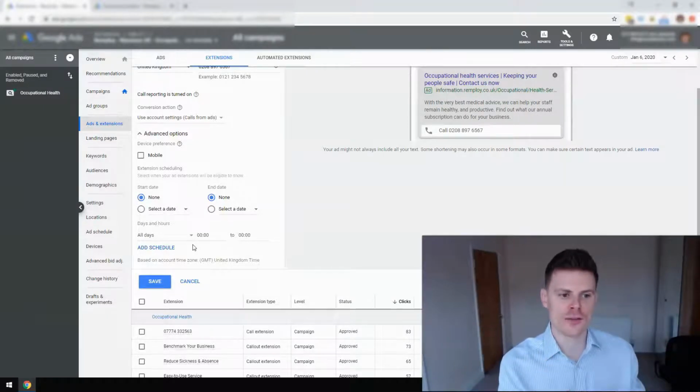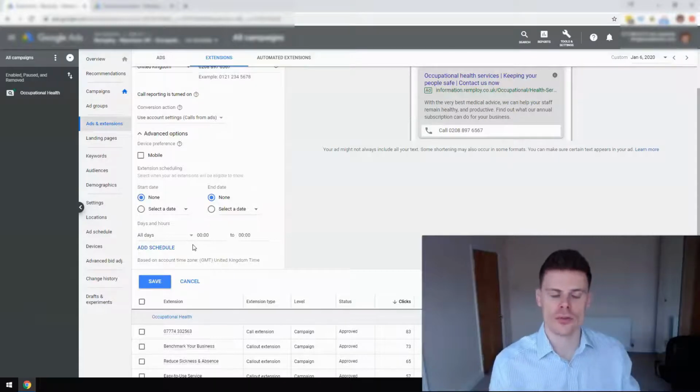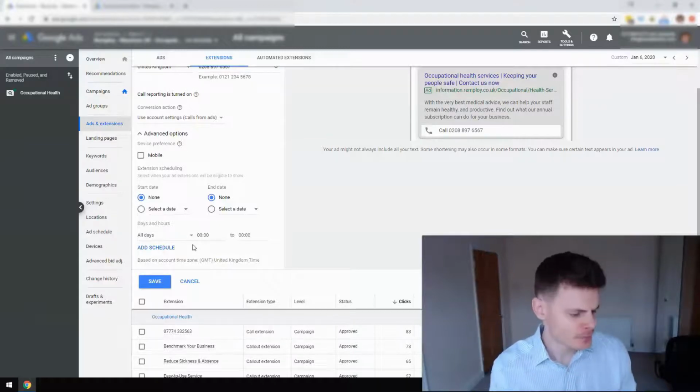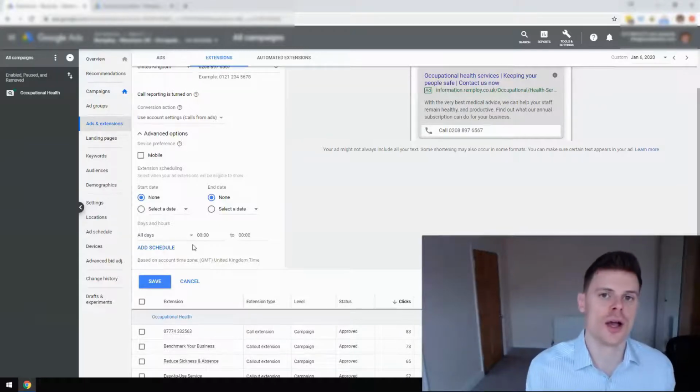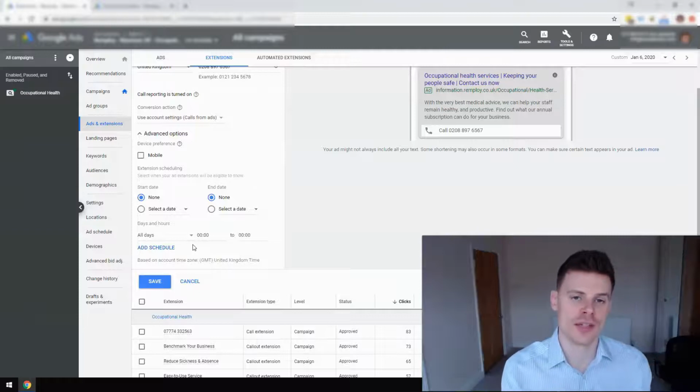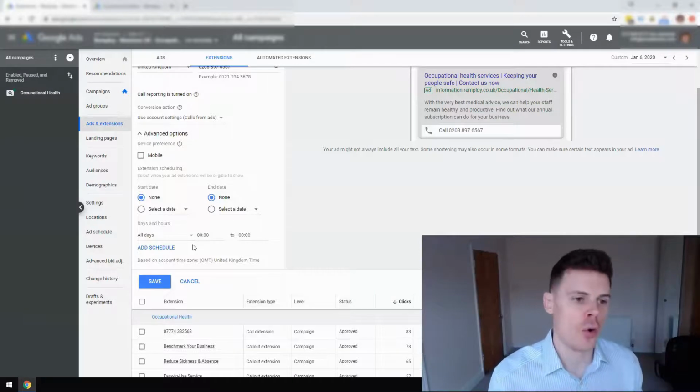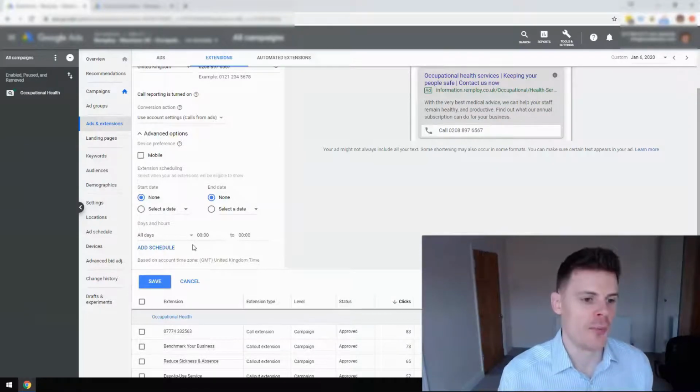So if you have left this blank, your call extension will be showing throughout the entire schedule that your ads are set to show from your campaign. So if your ads are set to show 24 hours a day, then people may be trying to make phone calls at 10 p.m. or 3 a.m. when there's nobody in the call center, and they're going to get no answer on the phone, which isn't an